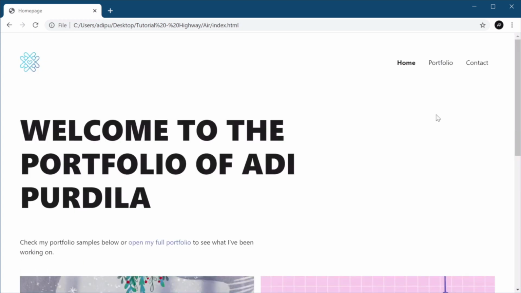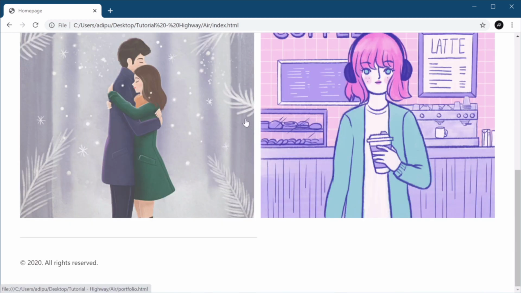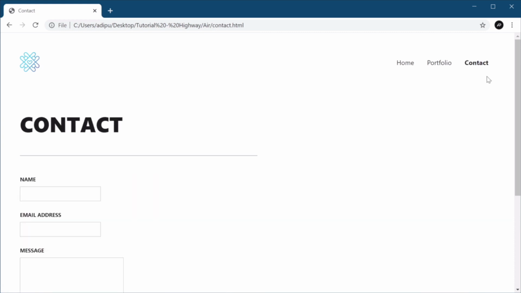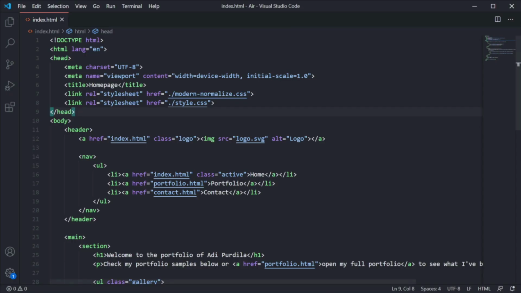And for that, we'll be using the Highway.js library to basically reload just this middle portion when we switch between pages instead of reloading the whole page. So there are a few steps we need to do to get started. First of all, we need